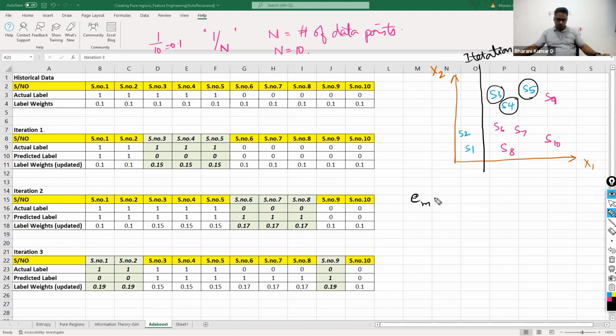The error of the model is equal to the sum of the weights of all the misclassified entries. What were the misclassified entries? These 3, right? Initially, the weightage given to them is 0.1, 0.1, 0.1. So you take 0.1 plus 0.1 plus 0.1